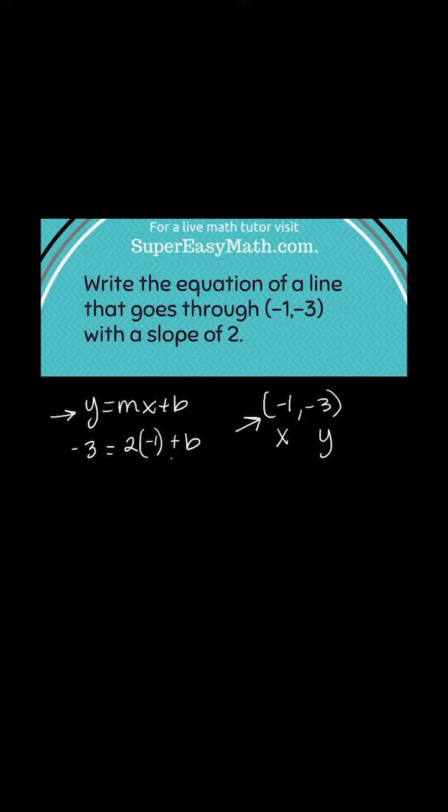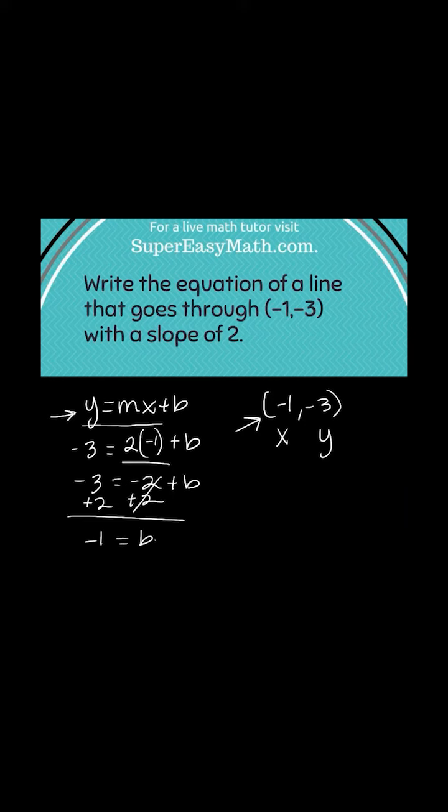So what I mean by solve for b is I have all of the values of all the other parts of the problem. I have the y value, the m value, the x value. So I need to solve it out so I figure out what b must equal to make this statement true. So to do that, I'm going to start by solving just this portion of the problem. So that makes me bring everything else down. I'm bringing out -3 equals -2 plus b. Now I'm going to add 2 to both sides, get rid of this, and I'm left with -1 here equals